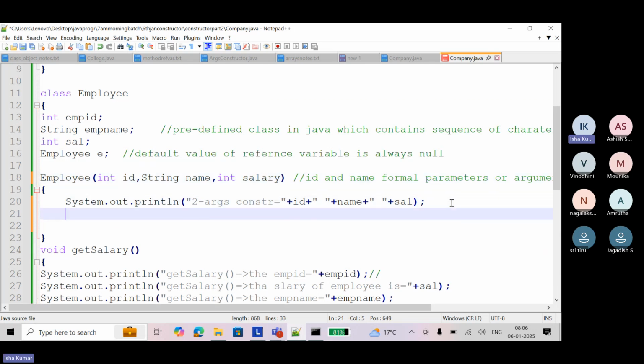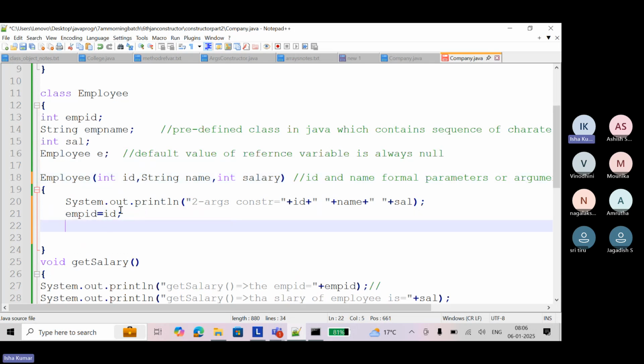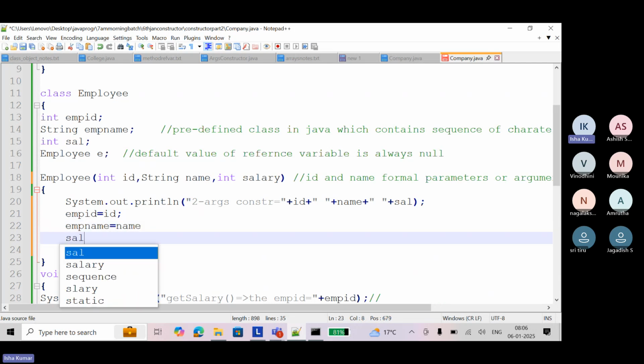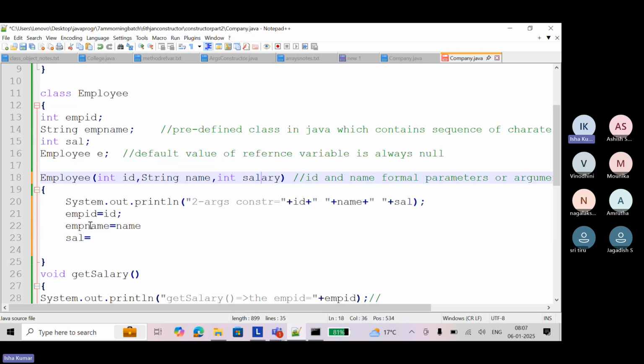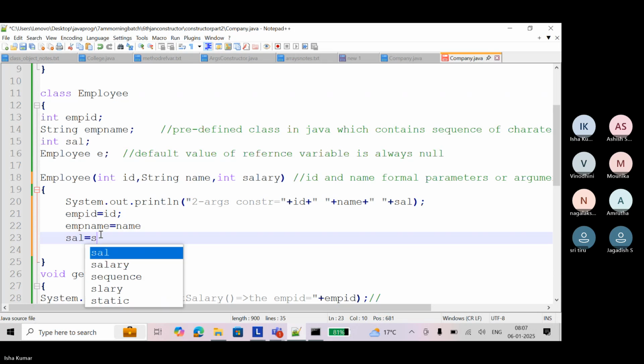So see here, simply you write employee ID equal to ID. So this ID, whatever value is there, it will get assigned into employee ID. Left side is a class variable. Right side is a constructor variable. Here you write employee name equal to, you write name. And sal equal to, you write salary. So whatever value is coming in the salary, it will get assigned to this sal. Understood? Now if you try to print this,